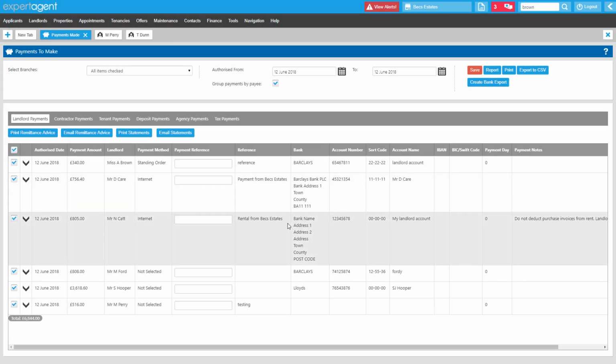Just to cover those now though for you, remittance is a receipt for your landlord payment. So the remittance will show how much you've paid to your landlord and what that payment was made up of. So any receipts that were included in it and any invoices that were deducted from it. It's basically showing you a summary of everything you selected on your landlord payment screen to be included in the